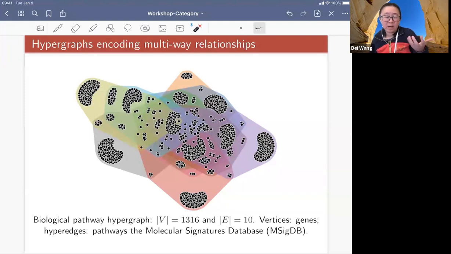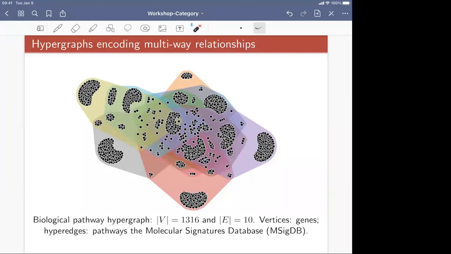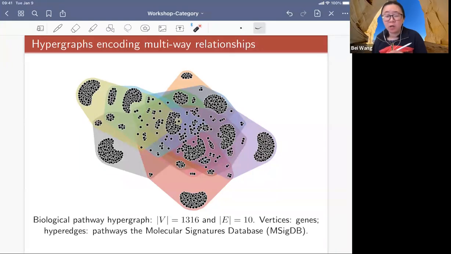You can still define the GW distance between simplicial complexes, and you can also possibly compute it as well. It's just that the optimization has to deal with pairwise relations at multiple levels. This is probably a good topic to take offline, but it's doable for simplicial complexes. I'm not trying to challenge, I'm just curious. Oh yeah, no, thanks. It's doable for simplicial complexes, but you just have to